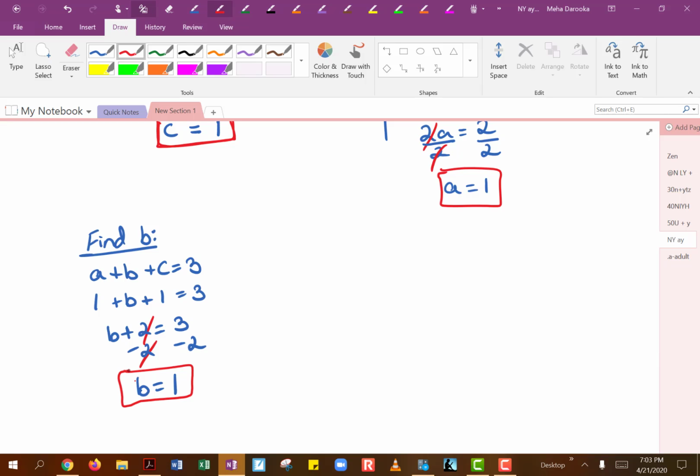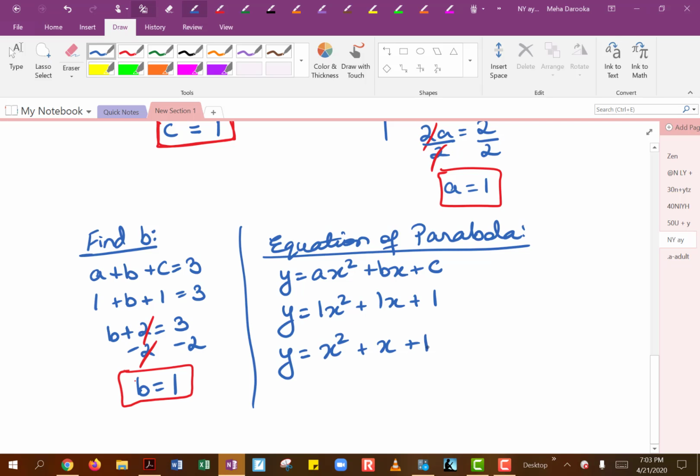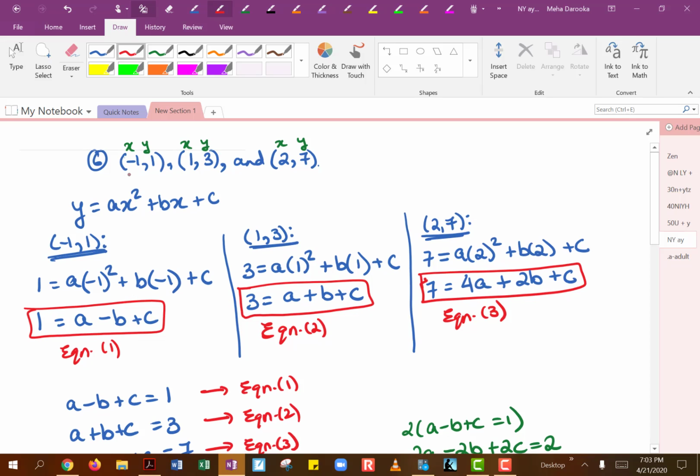So when we put this together, the equation of the parabola, the general form is y equals ax squared plus bx plus c. So now that we know our a, b, and c values, we can go ahead and plug it in. So that's 1 for the a, 1 for the b, and 1 for the c. So just cleaning this up, you basically end up getting x squared plus x plus 1 as the equation of the parabola. And this parabola, y equals x squared plus x plus 1, is going to be passing through all